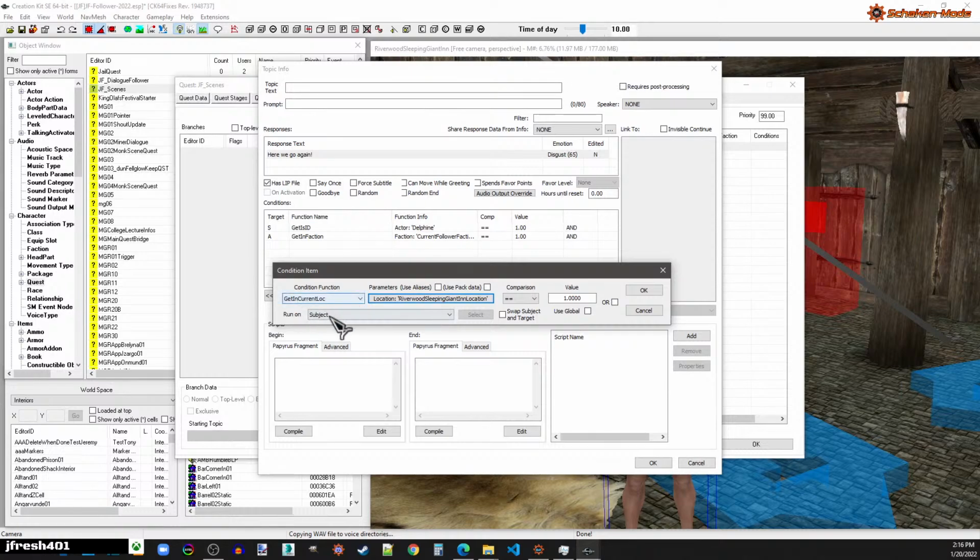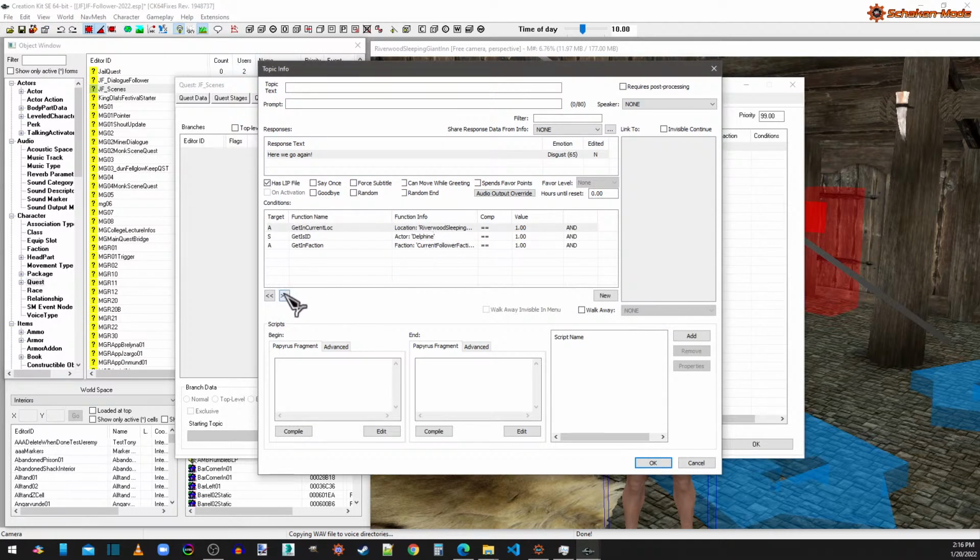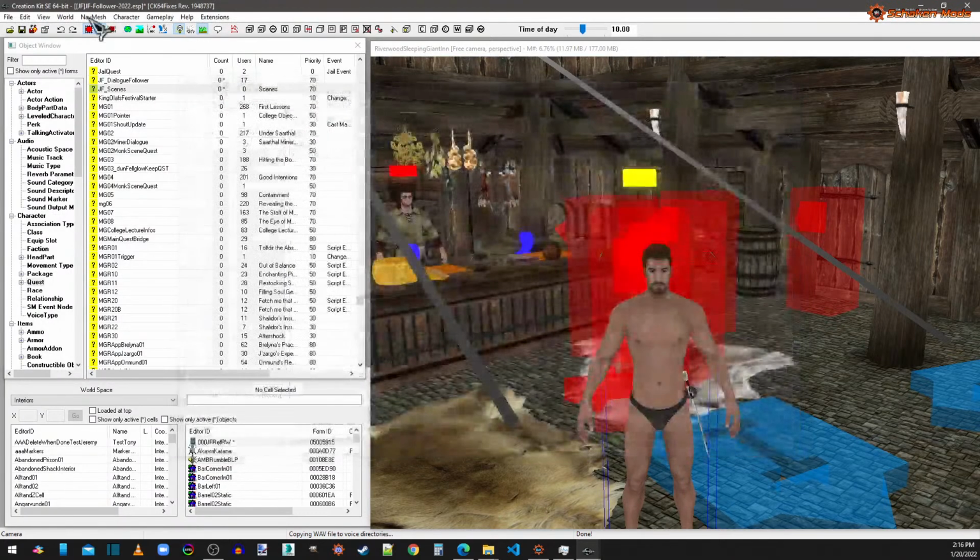So in current location, we're going to put that on the quest alias as well, JFresh. When he's inside there, equals 1 means yes. And he's a follower. Delphine will say this line. Okay? So I'm going to hit OK on there, I'm going to hit OK on there, and I'm just going